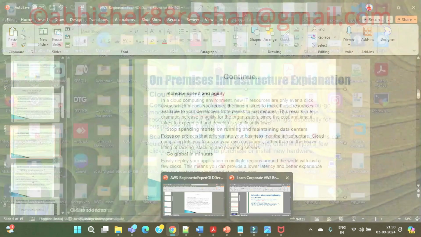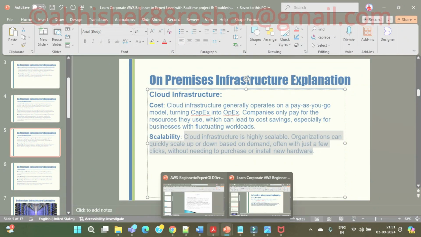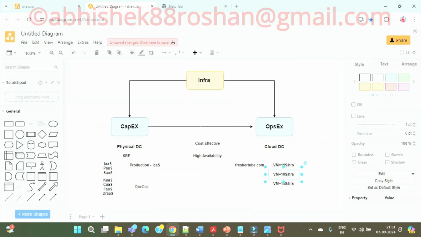Any doubt here till now? And see, this is why I mentioned everything. This is just a definition, guys. What I have explained to you is that it is scalable, right? Easily you can auto scale. I explained everything in a single example, right? With this example only, I told you what we mean by scalability.